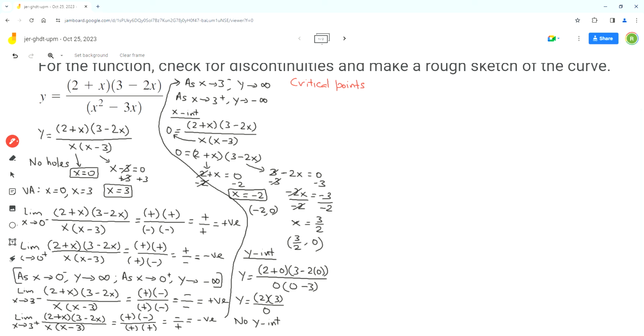Now critical points are points at which the derivative of the function is equal to 0 or undefined. Now this given function is a rational function. It will be easier to find the derivative of this function if we distribute the terms in the numerator. So we can use the FOIL method. So we can rewrite the given function. If we distribute the terms using the FOIL method,